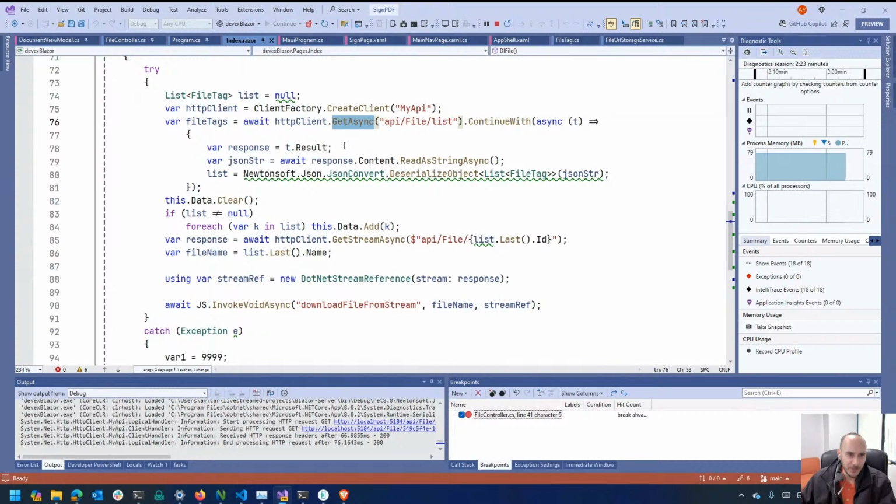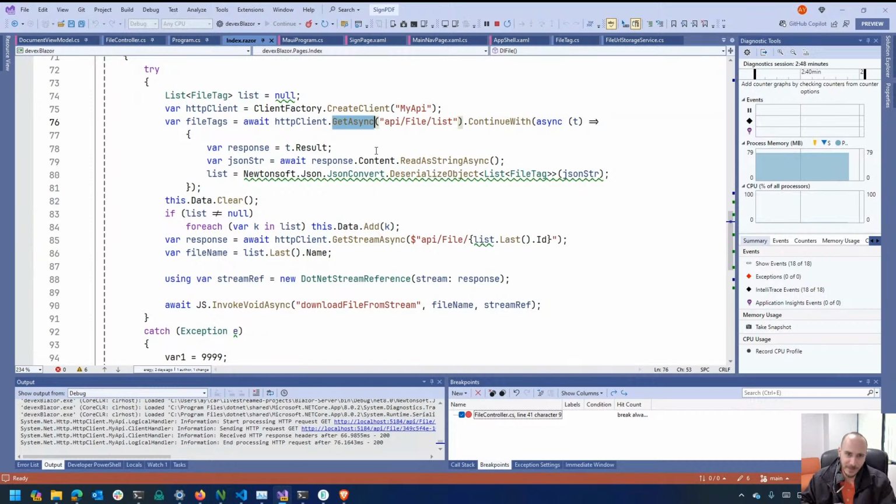So if you have 100 web requests on one server, you don't want 100 HTTP clients. You want one HTTP client, and you want it to open 100 connections potentially, but it will reuse the sockets for those 100 connections. So you'll be using one socket. If you don't do it that way, you'll get socket exception errors, and you won't see those on Blazor because